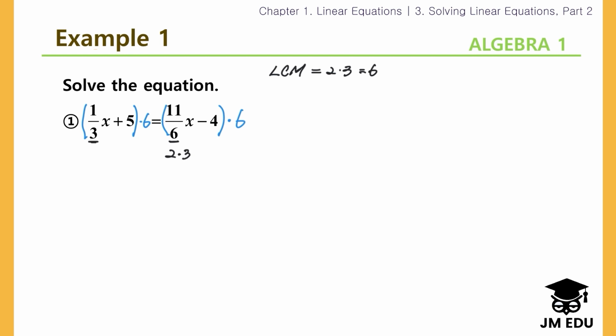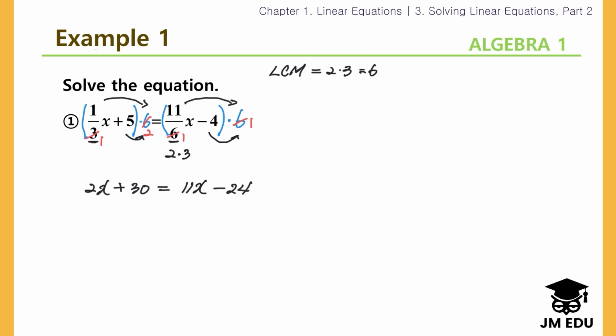Okay? So 1 over 3x times 6, 3 times 1, 3 times 2, right? So that's x times 2, 2x, right? Plus 5 times 6, that's 30, is equal to, here, 6 times 1, 6 times 1. So 11x times 1, that's just 11x, right? And 4 times minus, minus 4 times 6, that's minus 24,